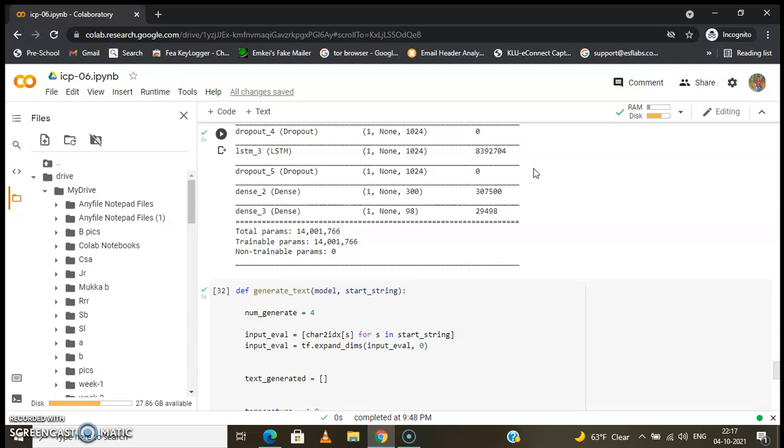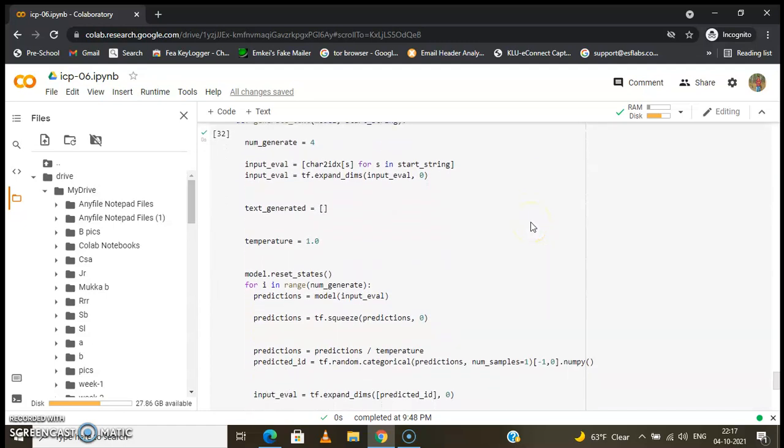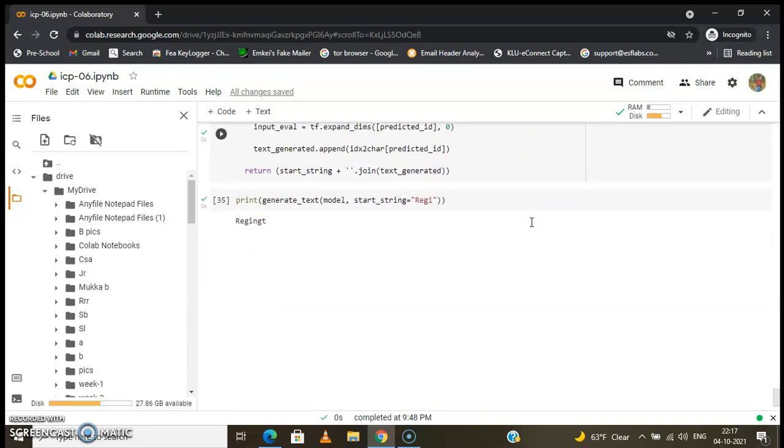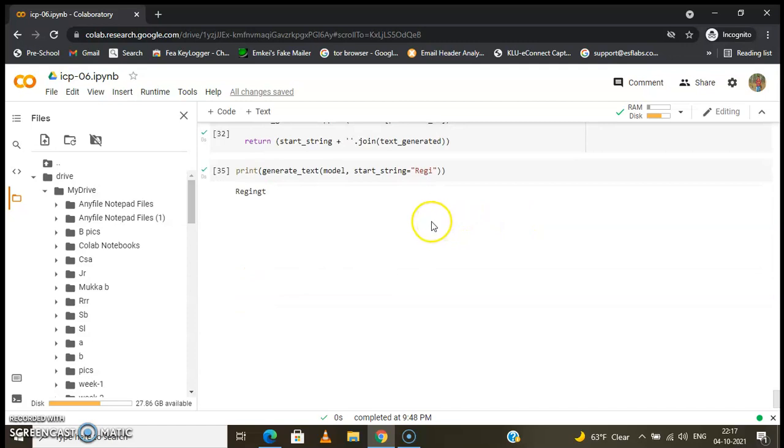For the prediction, we have created one function here, passing the model as a parameter and the start string to generate text, so that text will be generated from the model.